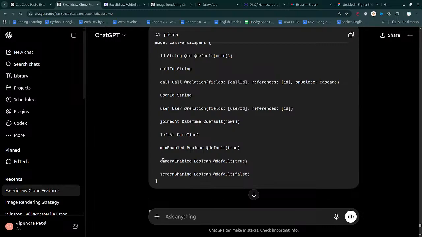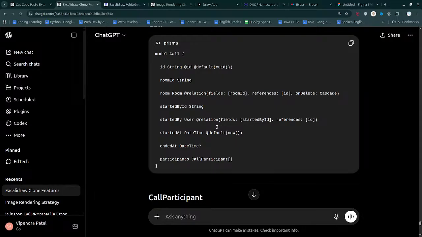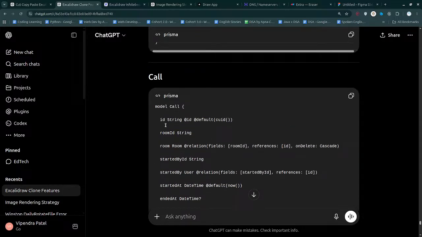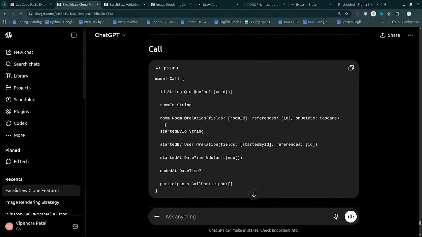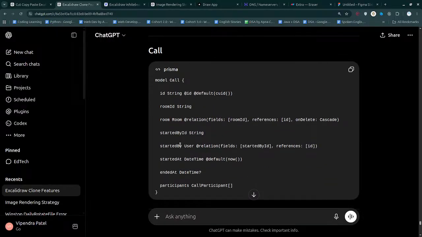We can enable all these, but it's all about how the UI is gonna look. Probably we'll have to ask the AI to create just the UI part, so that call room ID, started by the end by